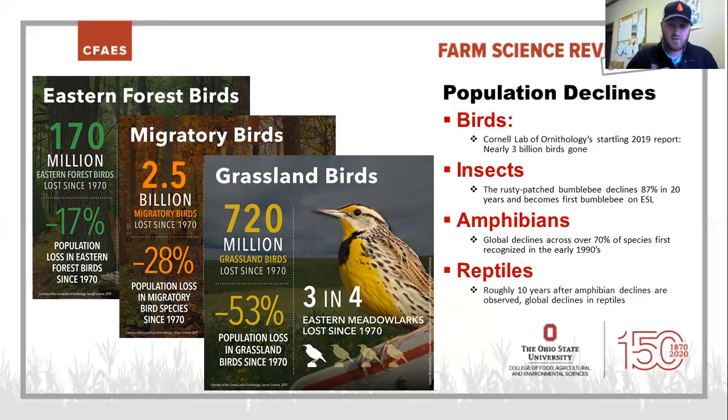And the second bullet point there, the key group of organisms that birds need to raise their young are insects. Nearly all terrestrial birds raise their young on insect larvae, whether it's caterpillars or beetle larvae, grubs, whatever it is. Those soft, fleshy, protein-packed food sources are what they raise their babies off of. And so we're seeing those same declines in insects, and that's what's shocking,